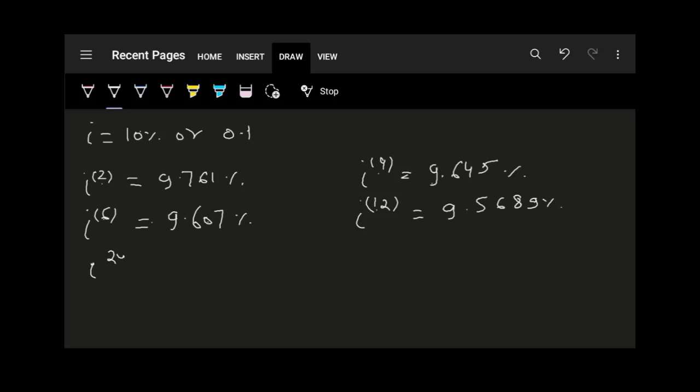I can calculate I24, which is a nominal interest rate per annum compounded every 15 days. This rate will be equal to 9.5499 percent. Sorry, it is 5499 actually. And similarly, I can compound every week and my rate will be 9.5397. Now all these rates are equivalent rates.